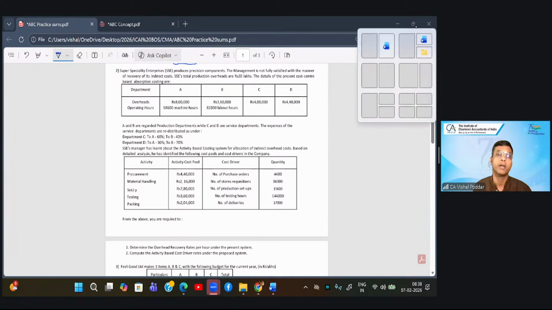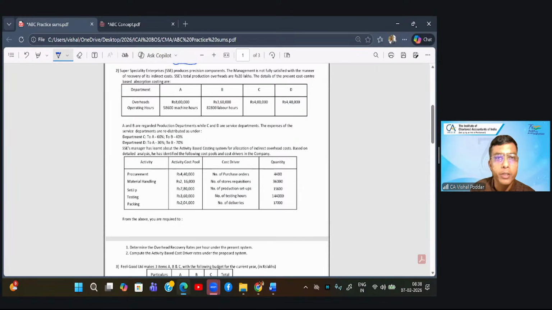See, in fact, the ABC part is easy. Things are given straightforward. Here in this question, the tricky part or the special part is the traditional method. So what does the question say? This SSE enterprise produces some precision components. Management is not satisfied with the manner of recovery rates. The total overheads are 20 lakhs and the details are at present cost center wise. Now cost center means department. So the parallel word for department is cost centers. Now what they have done is they are having four departments or four cost centers and they have only given